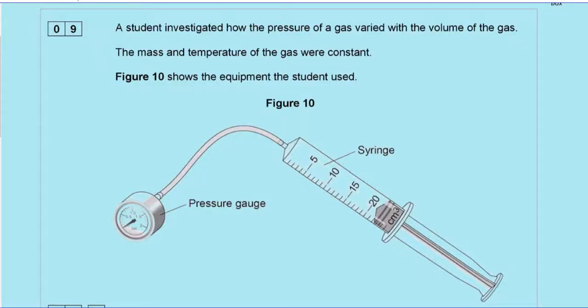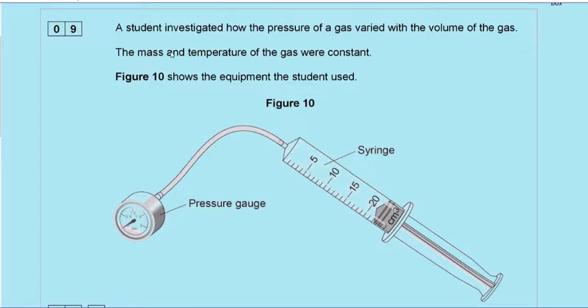Question 9, we have got a student investigating how the pressure of gas varies with volume. During the experiment we're told that the mass and the temperature of the gas were constant, and we've got a picture here of the equipment used by the students. So we've got a fixed amount of gas in the measuring cylinder connected to a pressure gauge, so we can read off the volume just by looking at the syringe scale, and the pressure gauge would give us measurements of